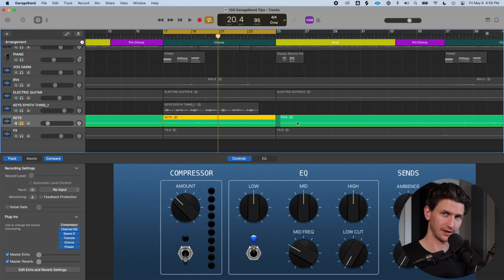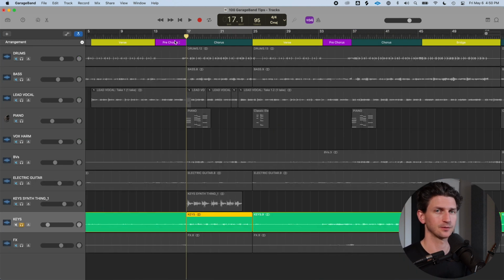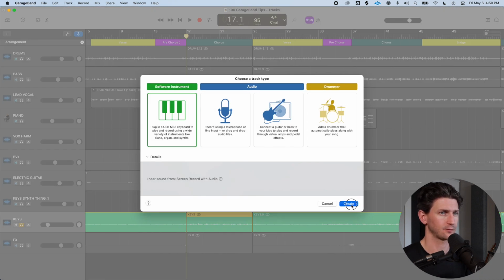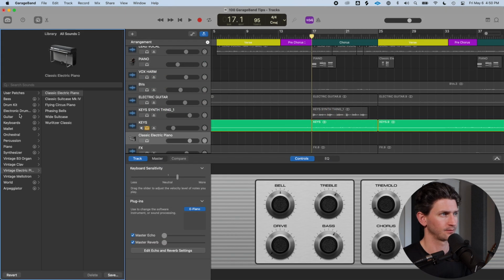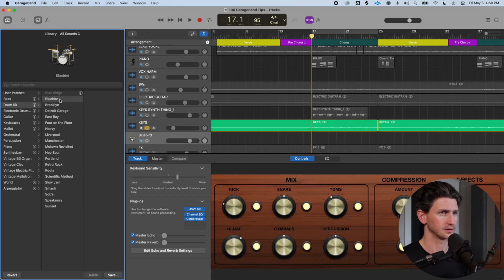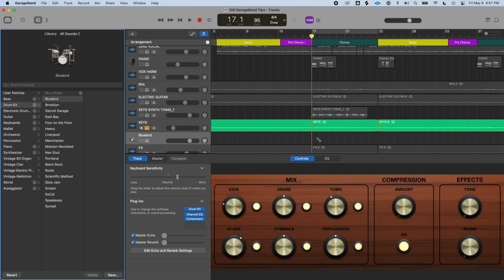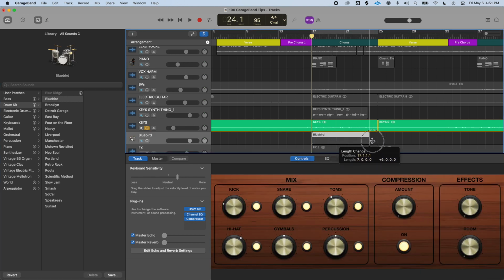Number 72, there's a trick you can do with reversing specifically crash hits to make sweep sounds that are traditionally used for going into like a chorus to create a lot of suspense. So that comes from a drum set, like a crash sound. So I can add a software instrument, new track, software instrument, go over to my drum kit, just kind of like pushing through here to get to this. Hold Command to get the pencil tool, create a little space here for me to draw in a note,